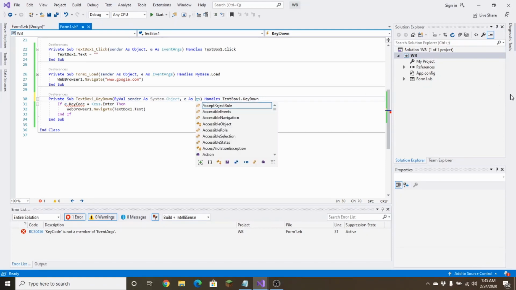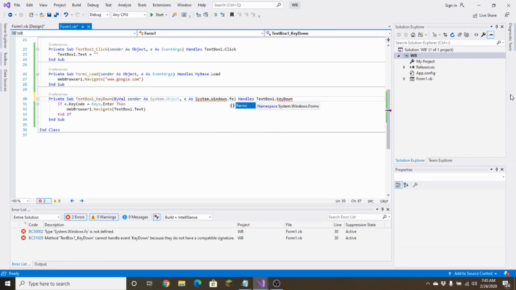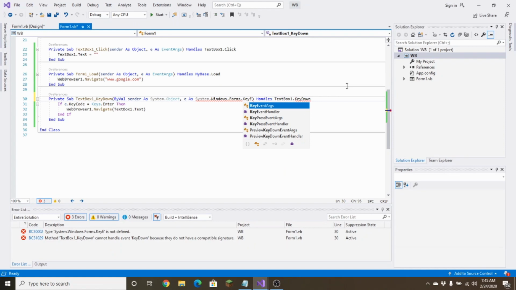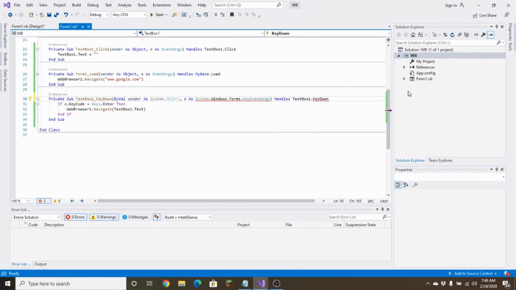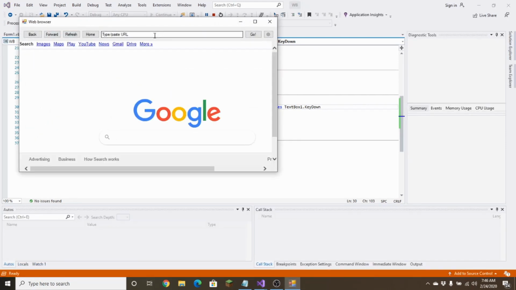E as system dot windows dot forms, and you guys are going to need to be using Windows, by the way, for this. I think that's what this requires. Dot key event args. That's what I needed. So now if you guys click start,